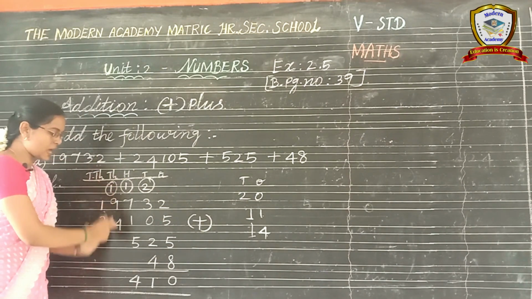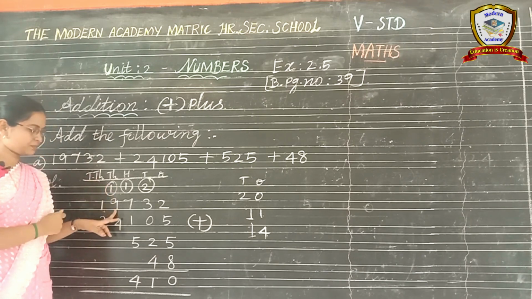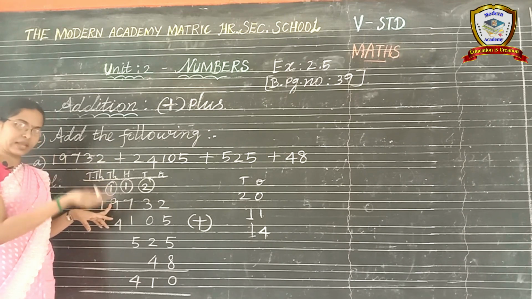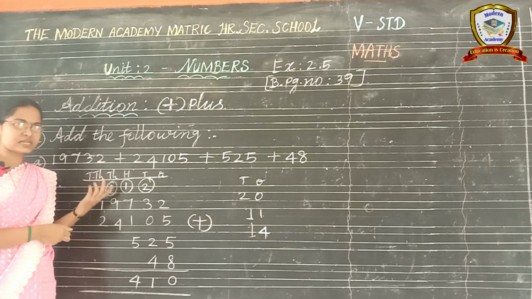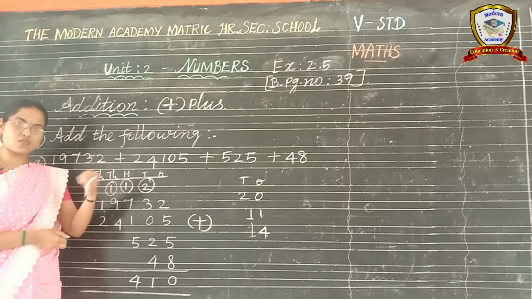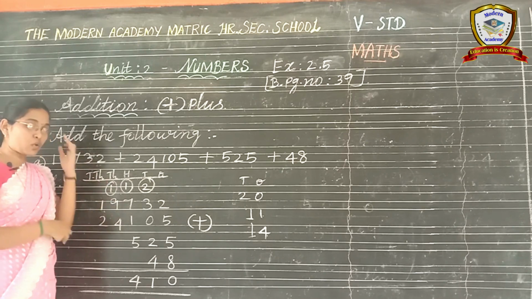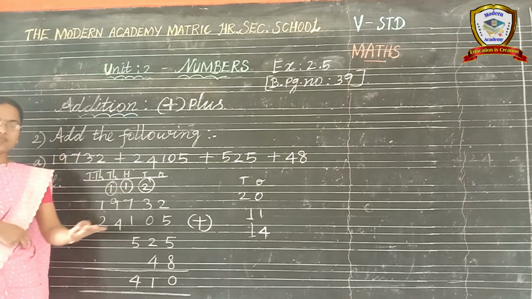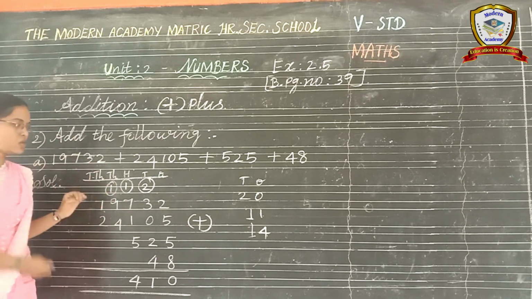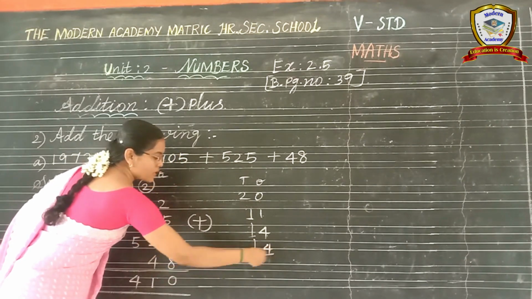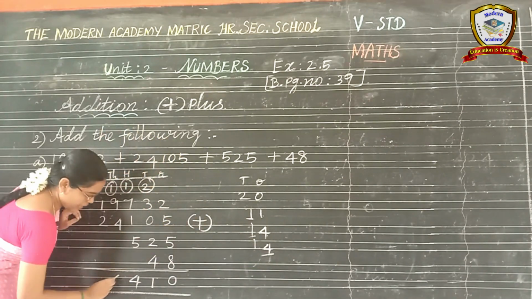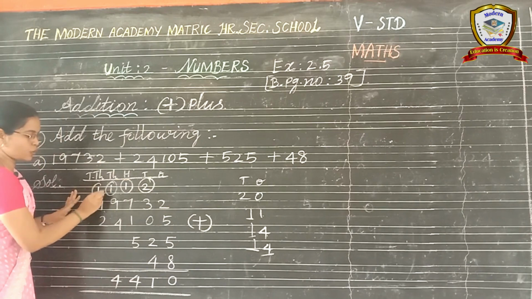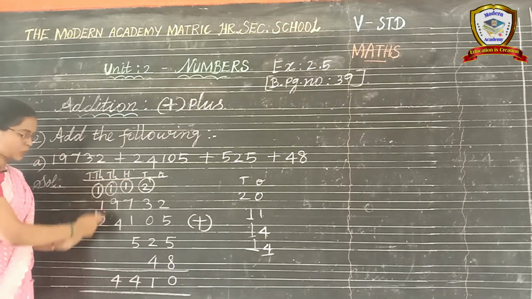Now we have to add these numbers. 1 plus 9, or we can add 9 plus 1. 9 plus 1 is what? 10 only. 9 in the mind, 1 in the finger. 9 after, 10. So next, 10 you have to keep in your mind. Leave 4 fingers. 10 in the mind, 4 in the finger. 10 after, 11, 12, 13, 14. So again we get 14. Ones place number have to write down. Next, tens place number we have to carry over to 10,000 column.